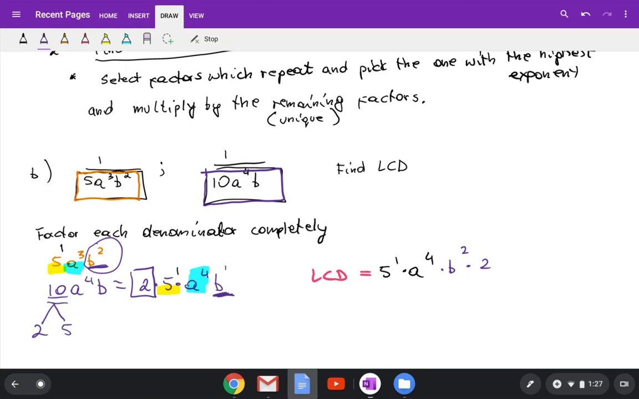So LCD will be 5 times 2, which is 10, a to the power of 4, b squared. So this is the LCD, least common denominator. Okay,